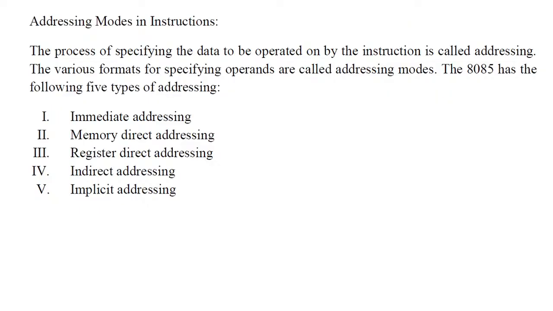There are 5 addressing modes supported by the 8085 microprocessor. There are only 5 addressing modes. Remember, in 8085 you do not have any base register or index register. So base addressing mode, index addressing mode, displacement addressing mode, all these kinds of addressing modes are not supported by the 8085 microprocessor. In 8085 we have only very simple addressing modes, that is implicit or implied addressing mode, immediate addressing mode, register addressing mode, memory direct addressing mode, and indirect addressing mode. You have only 5 kinds of addressing modes in the 8085 microprocessor. Any addressing mode which you want me to explain again?